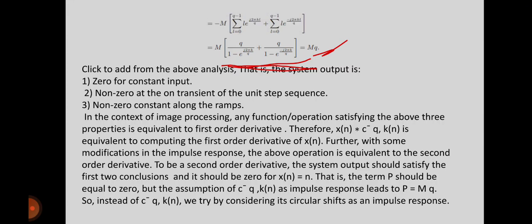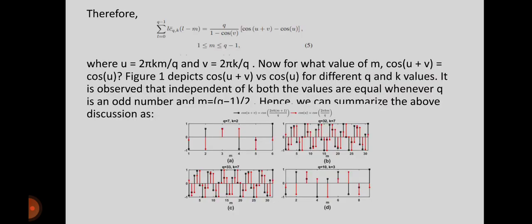So instead of c bar q comma k of n, we try by considering its circular shifts as an impulse responses. So we should consider the circular shifts as impulse responses, so that we get summation L equals 0 to q minus 1 of L into c bar q k of L minus m, equals q by 1 minus cos v into cos u plus v minus cos u,